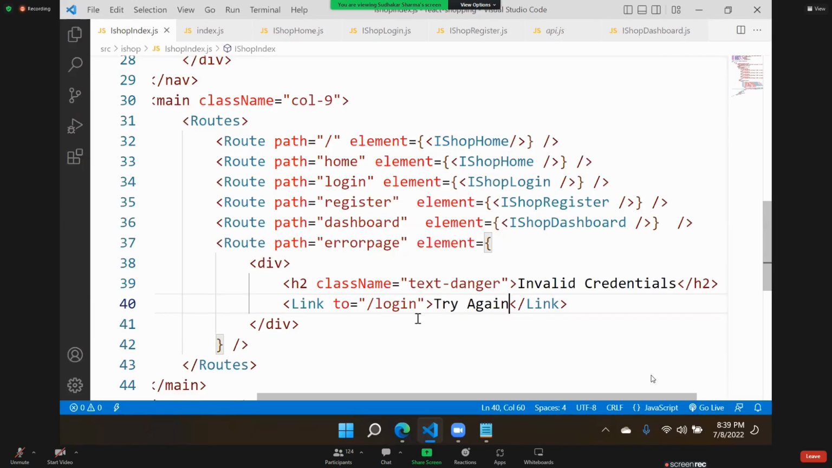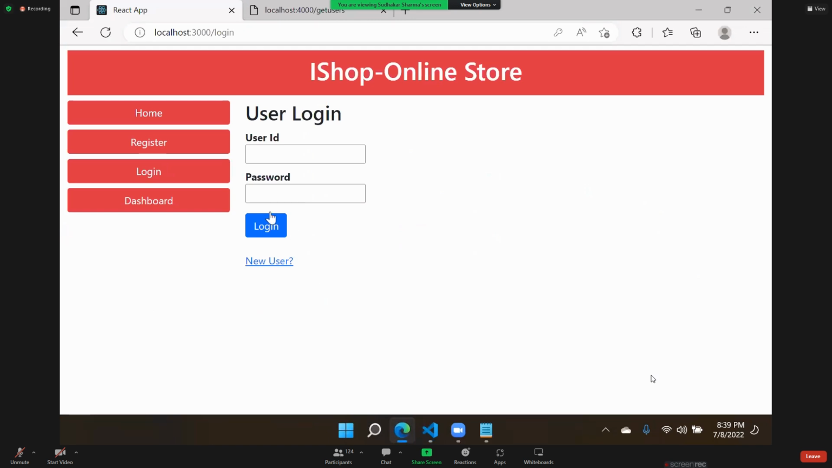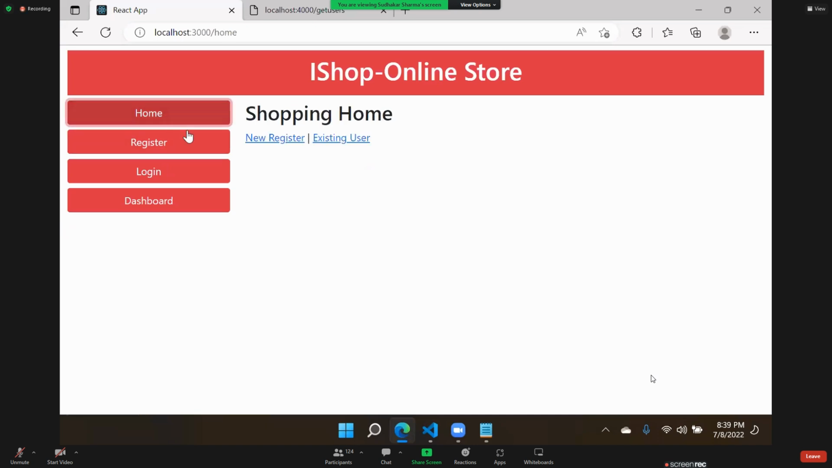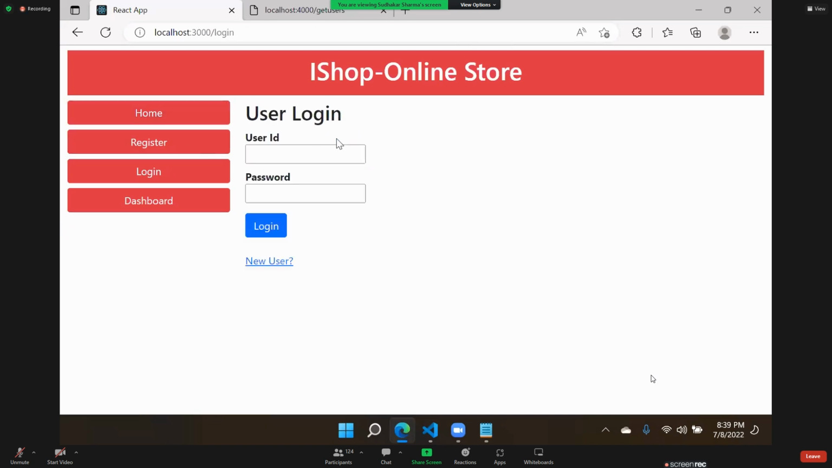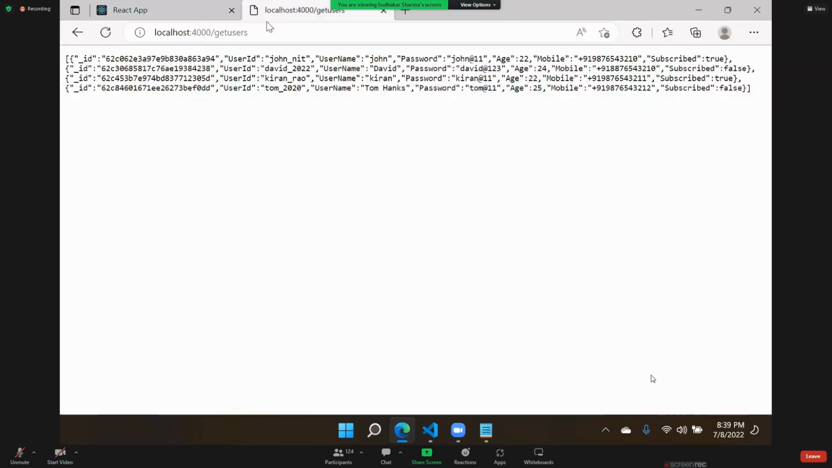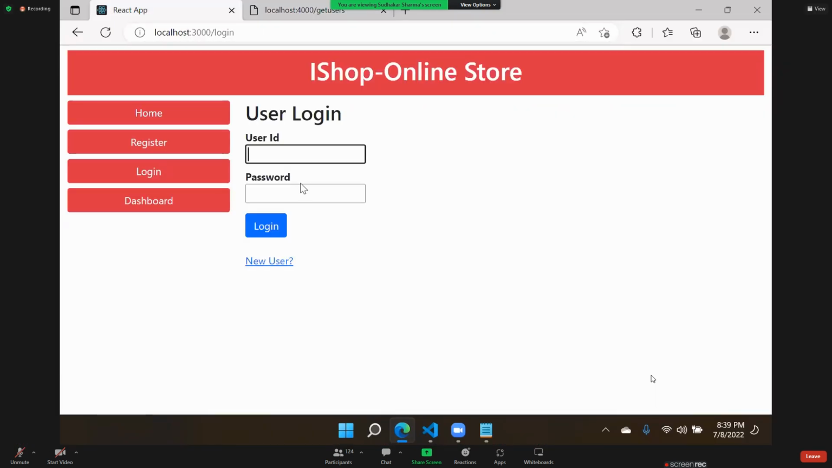This is directly rendering some element on the error page. It should navigate to that error page here. That means here we are accessing the home. I am an existing user, I login, and I will enter the login credentials. Who? Suppose David underscore,